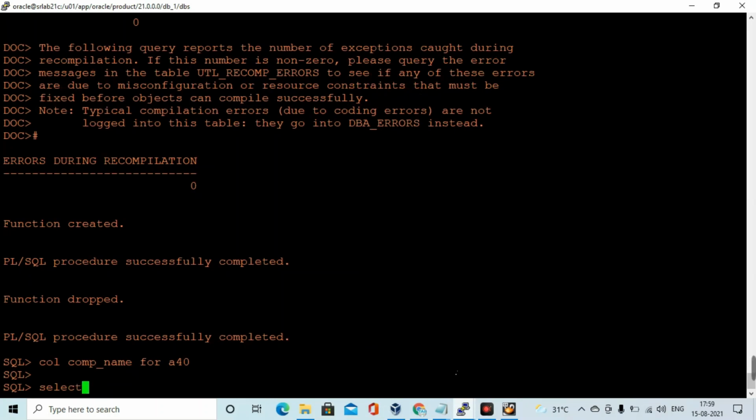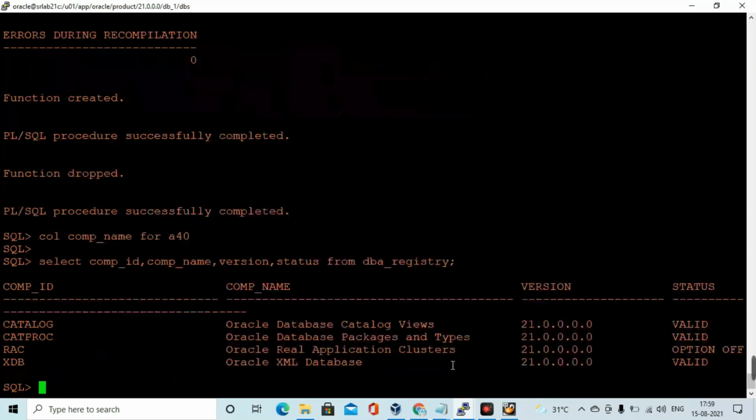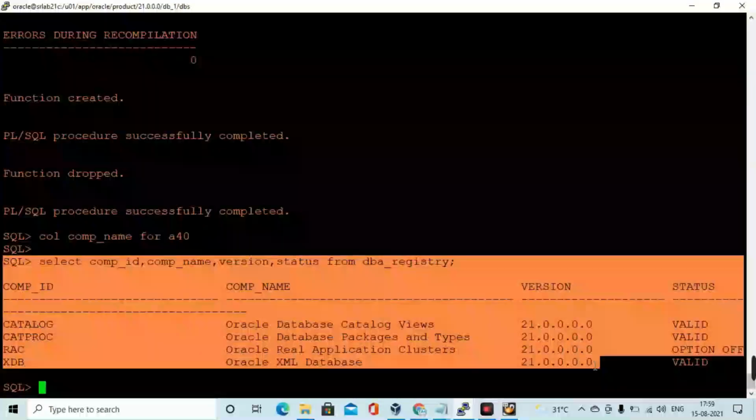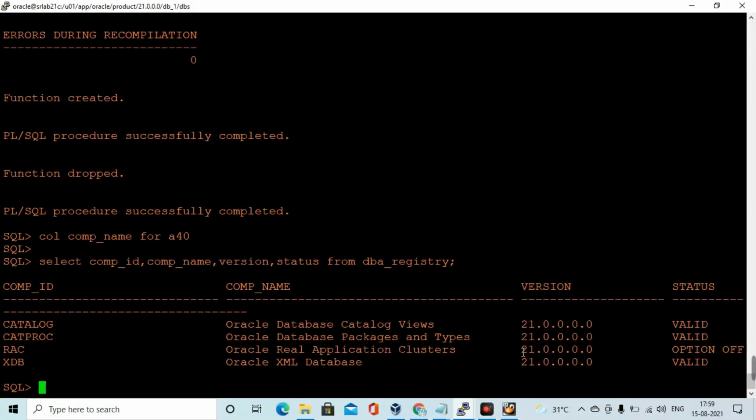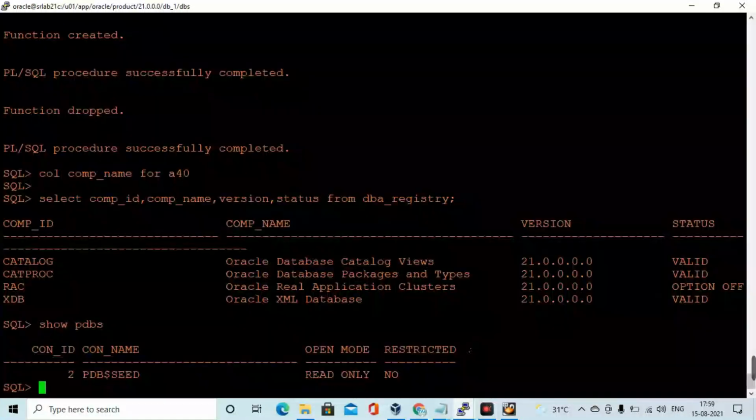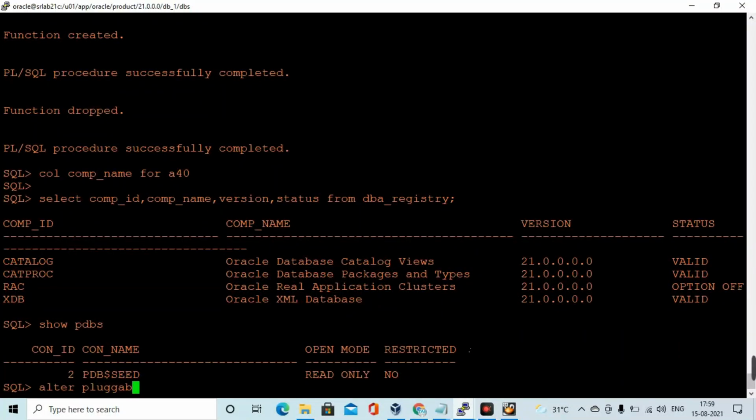So again I am validating after running that utlrp. I am again validating that DBA registry components. So now it is valid. Alright. So keep in mind, once you create the database in the manual method, after executing that catproc and catalog SQL script, you need to validate them, like you need to verify the DBA objects and DBA registry components, and make them valid. For that you need to run that utlrp command a couple of times.